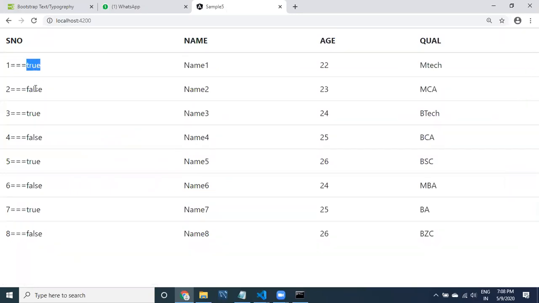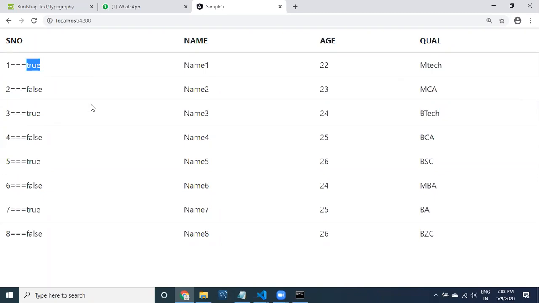It has given true, then false, true, false, true, false. But if you observe carefully, the first one is not even, right? Why has it given true? Actually the first record does not start with 1. We made it 1, 0 plus 1. Internally it maintains the first record as 0, so it is true. That's why it is going to be true.